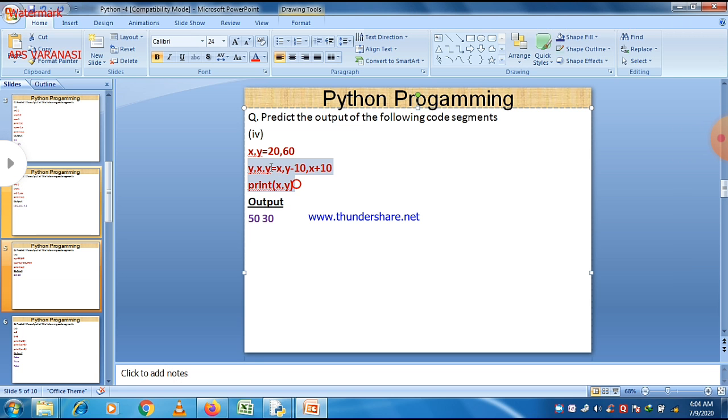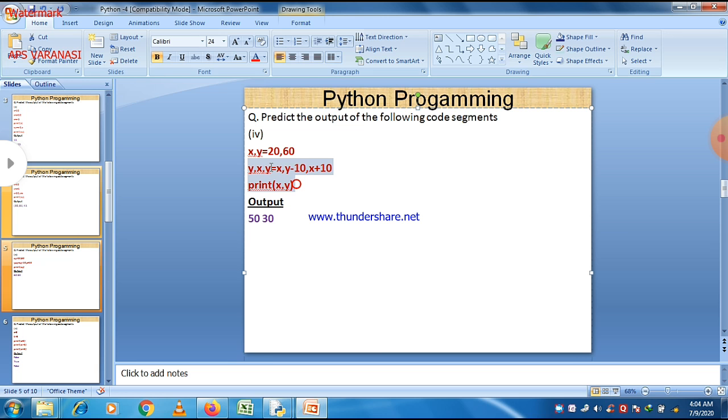We want to print x after that statement. But in the case of y, again y is equal to x plus 10 here, and the value of x is 20, which we assigned in this statement, y is equal to x, so y is equal to 20 is assigned in this statement. But remember that when a variable is assigned two different values within a single statement, then only the last value is considered.